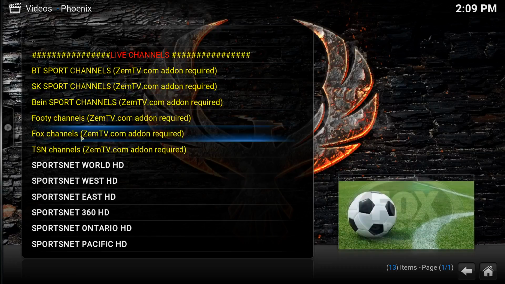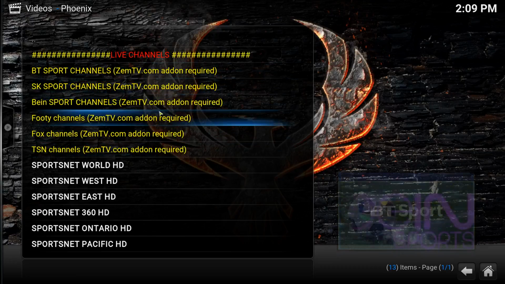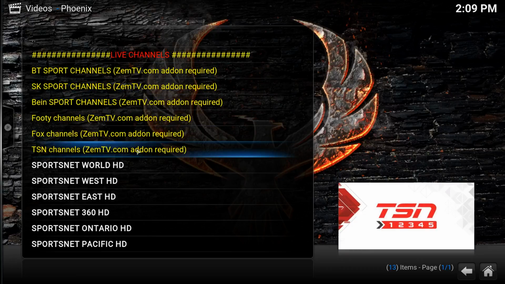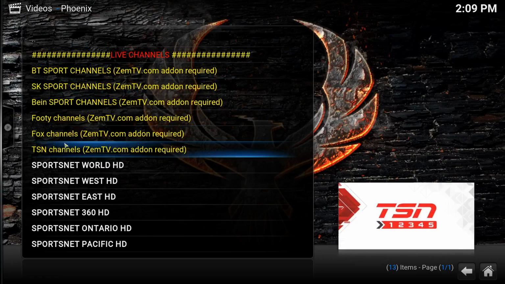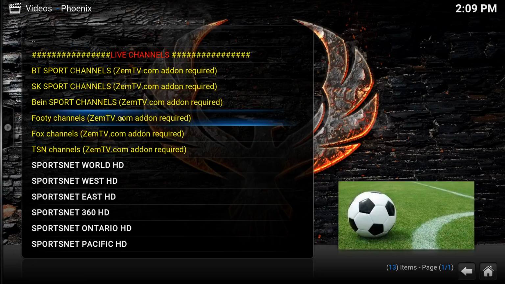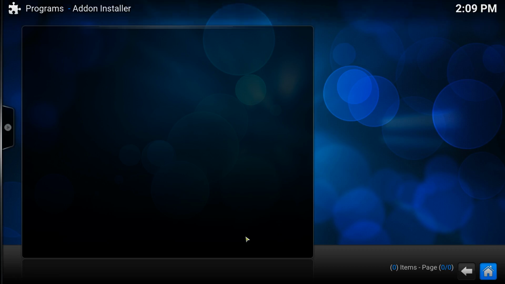Now, in the older version of Phoenix, it didn't necessarily tell you this handy little tip on the side that says you're missing an add-on to make these work. So the zemtv.com add-on is required to get these links to function. So I'll show you how to do that. We're going to back out of here, go back to our add-on installer,